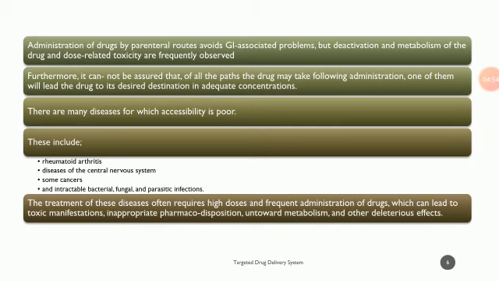There are many diseases for which accessibility is poor. Some of the diseases where accessibility of the drug is poor include rheumatoid arthritis, diseases of central nervous system, some cancers, and intractable bacterial, fungal, and parasitic infections. The treatment of these diseases often requires high doses and frequent administration of drugs, which can lead to toxic